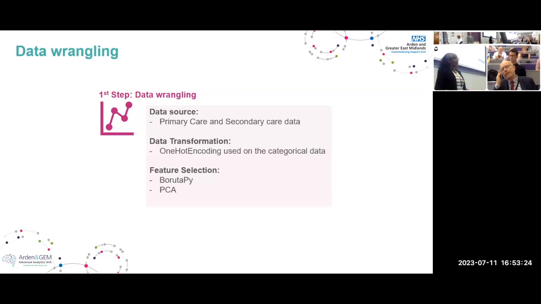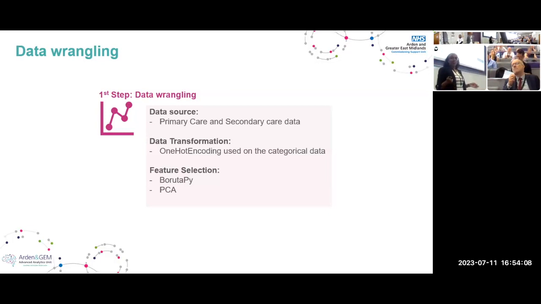Once we had transformed all of our categorical data into numerical data, we ended up with 134 features, which is quite a lot to run through our machine learning algorithm. So we used feature selection to reduce those features down. The first step that we did was use BorutaPy. BorutaPy duplicates the data set, and then it calculates how important each feature is to determining the output feature, which is whether the patient would be referred to social prescribing. And from that, we went from 134 features to 52 features.